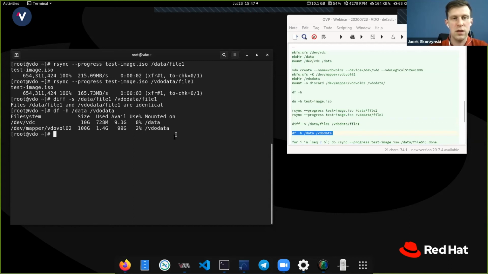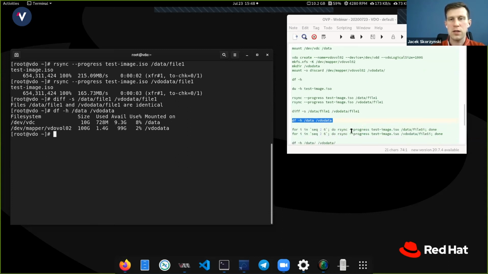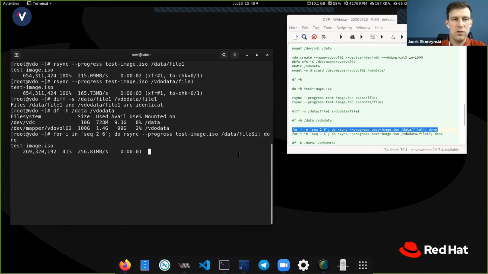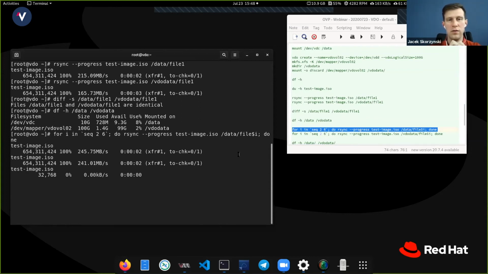Yeah, so actually, as I shouldn't put this into the provision, but it should be more or less the same when you compare the used space and all the metadata from it. But let's take a look at this, and let's try to create a little loop to fill the space on the data